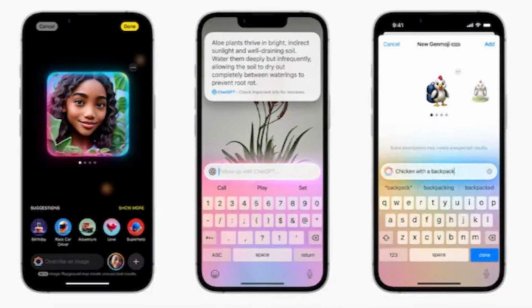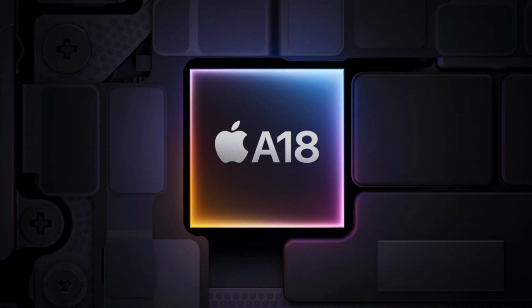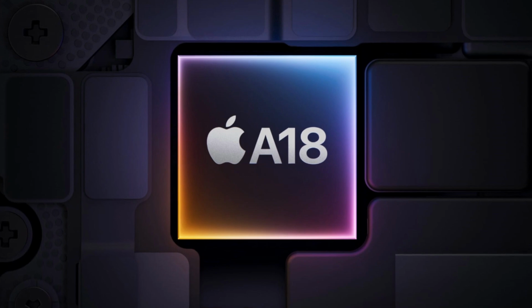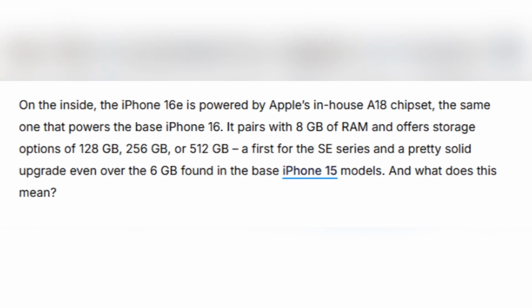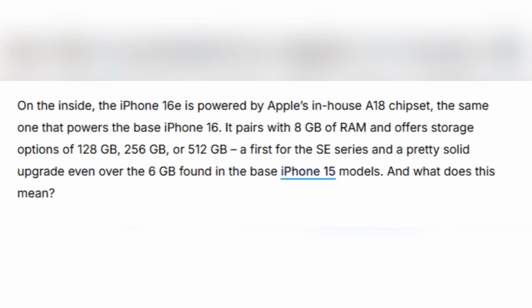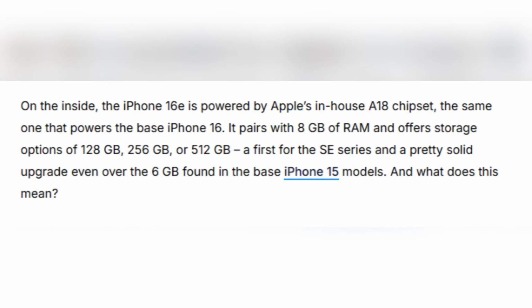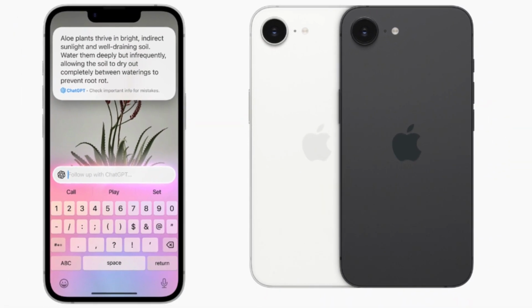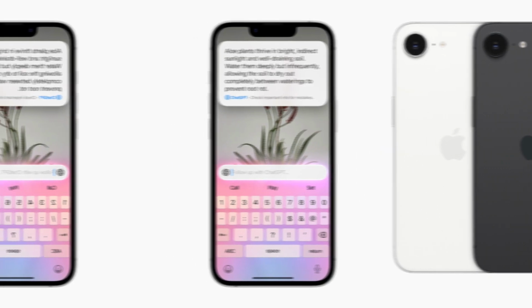One of the biggest selling points of the iPhone 16e is its AI capabilities. Apple has equipped it with the A18 chipset, the same processor found in the base iPhone 16 model. It comes with 8 GB of RAM and offers storage options of 128, 256, or 512 GBs. With these upgrades, Apple Intelligence is a major highlight, bringing AI-powered features that make the phone smarter and more useful